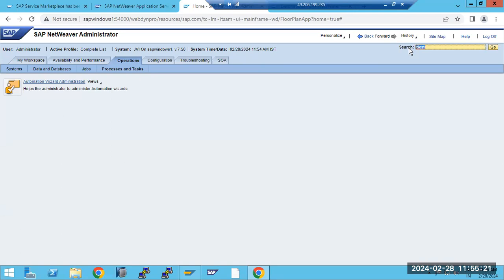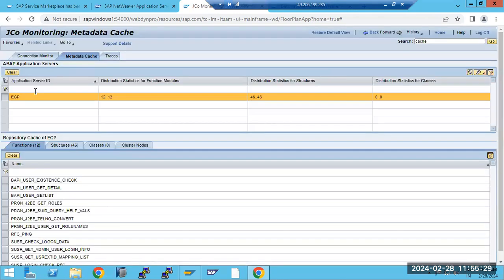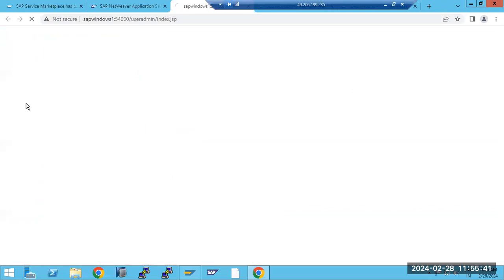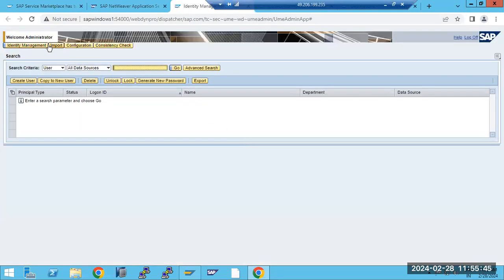For Java systems also, we can refresh the UME cache here. UME caches, and the JCo monitoring cache. So for JCo Java connections monitoring also we can clear the caches and everything. We can clear it here. But for UME, for user management, normally we will do it here. UME cache refresh. Suppose here we can go to the